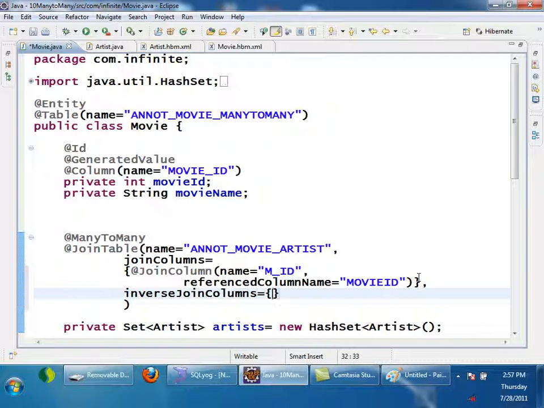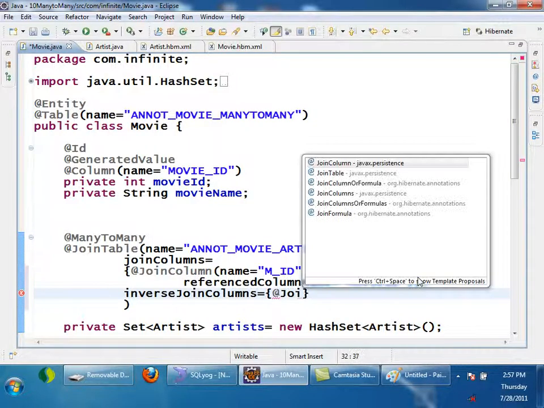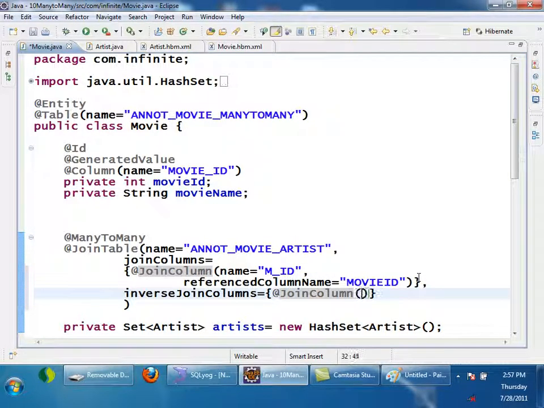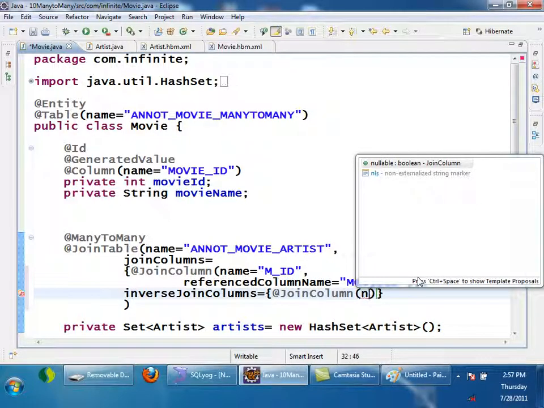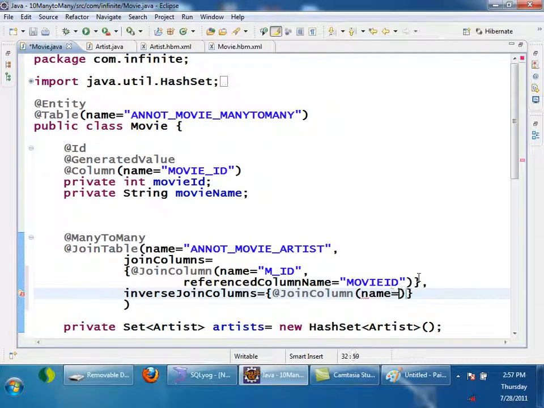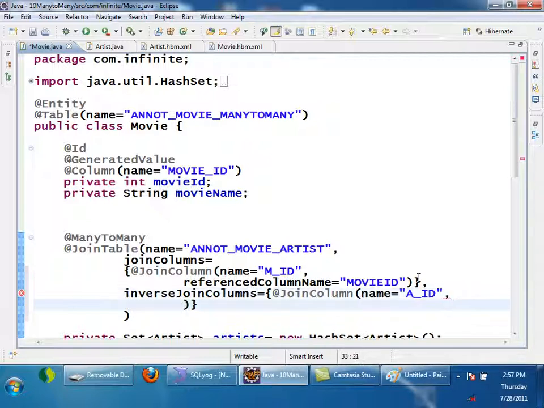Add JoinColumn. JoinColumn name is equals to a_id, I'll say, comma, referencedColumnName is equals to artist_id, the primary key of the other side.